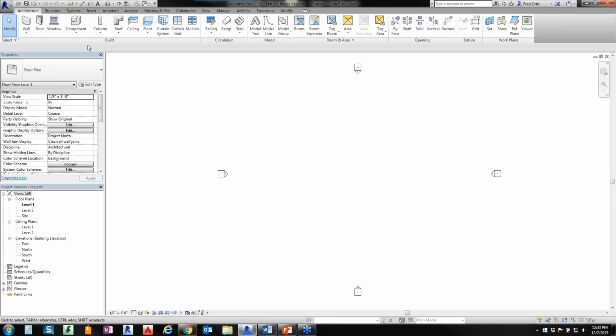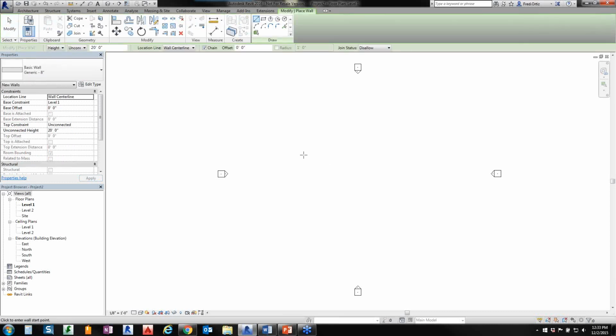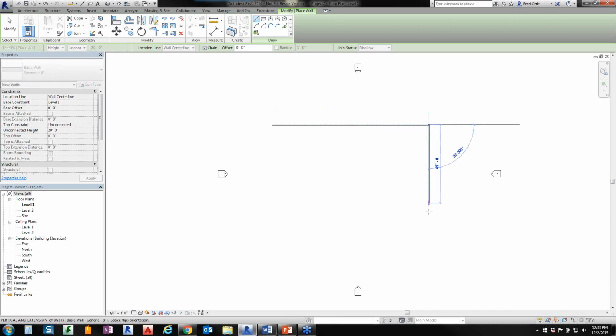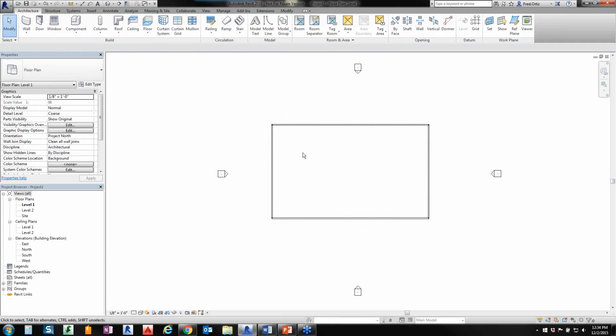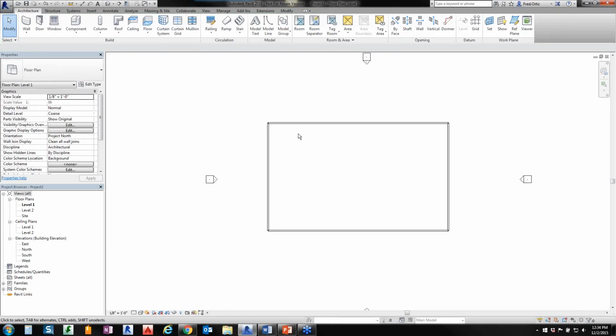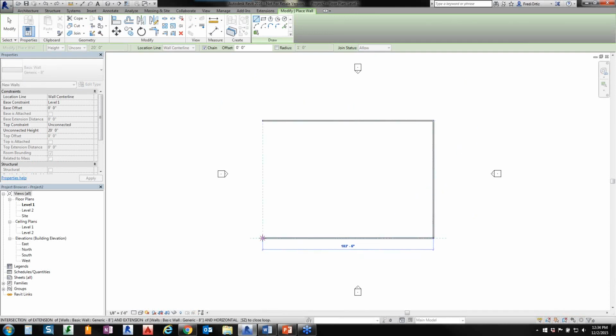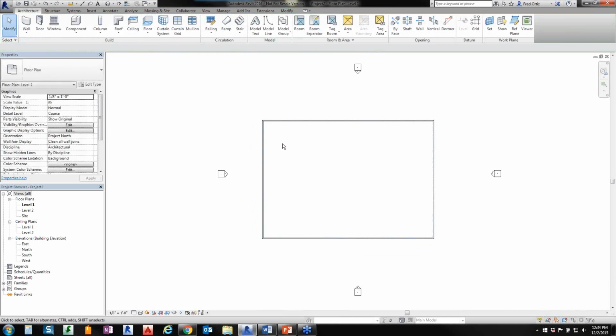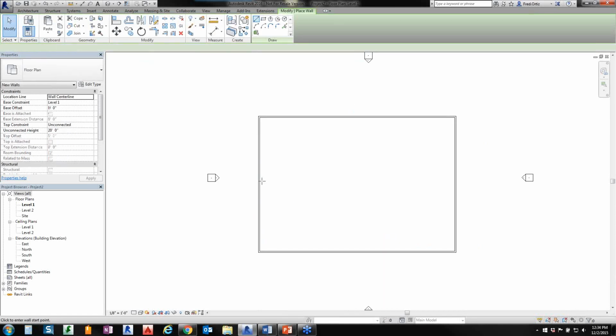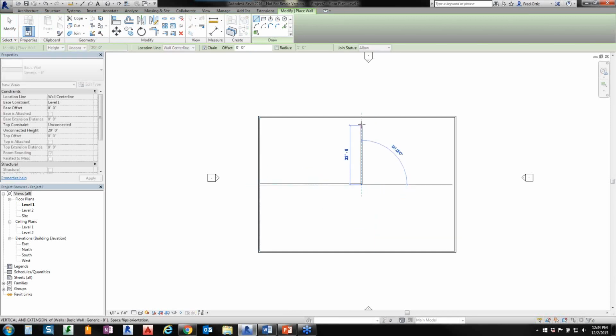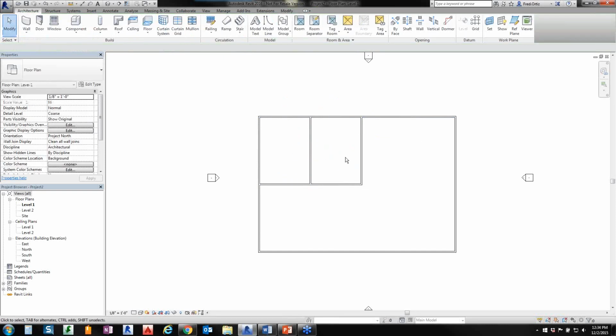What I'm going to do is quickly create a couple of walls without messing with the new feature. So I'm just going to draw a wall up here, a wall down there, just line it up, finish it out. Oops, do that one more time. So I'm going to draw it. Let me add a couple more walls into there. All right, so this is pretty much the old school way of drawing walls, where once you